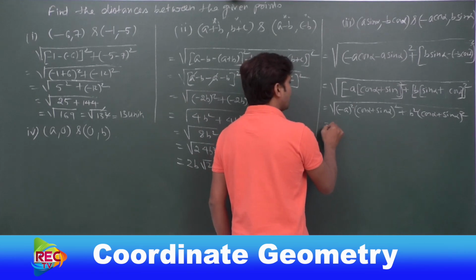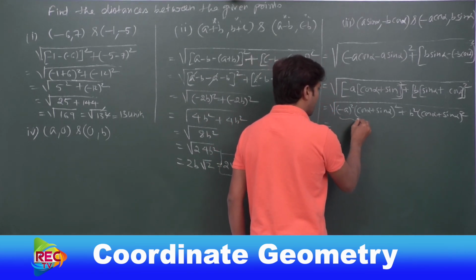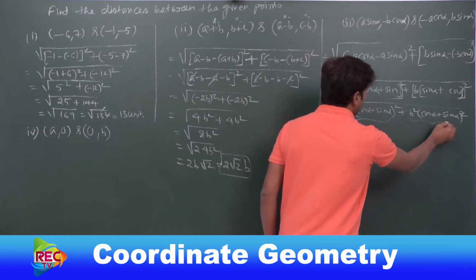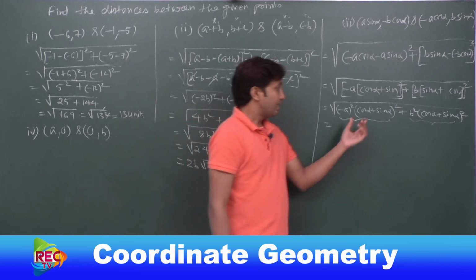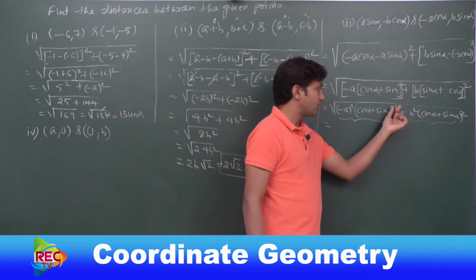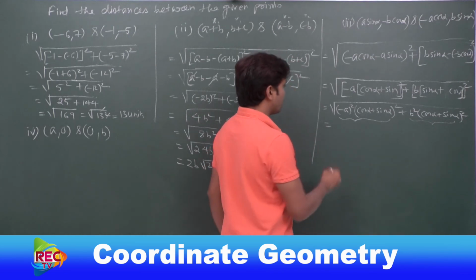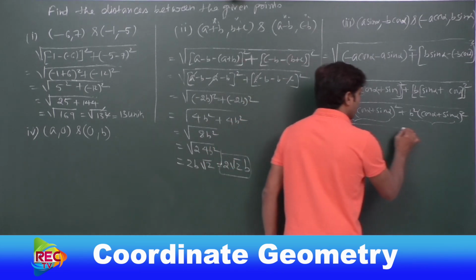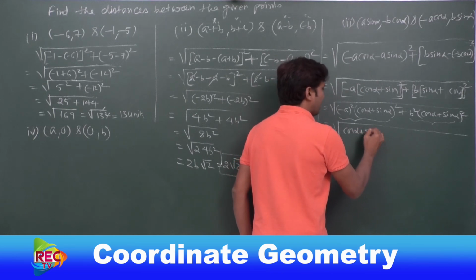Okay. So now just tell me, how many terms are here? This is one term and this is one term. Out of those two terms, cos alpha plus sin alpha whole square is a common factor, so we can take it common inside the square root. So just see. Now this would be your cos alpha plus sin alpha whole square I took common.